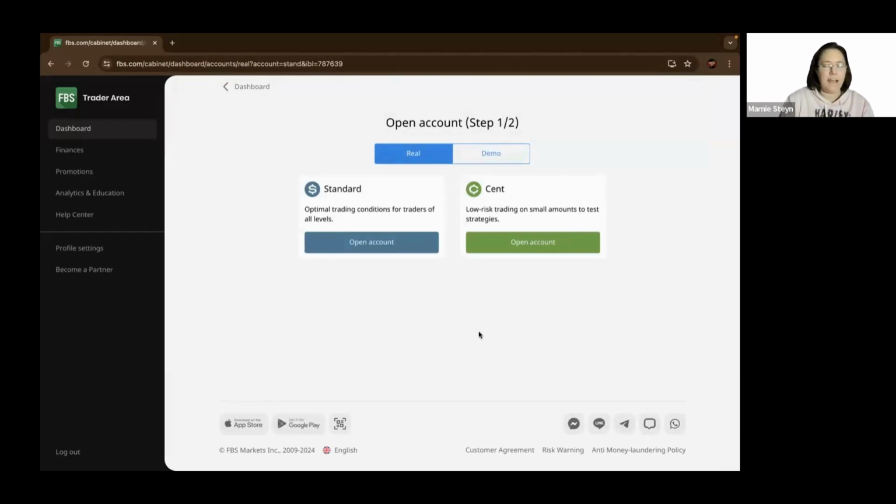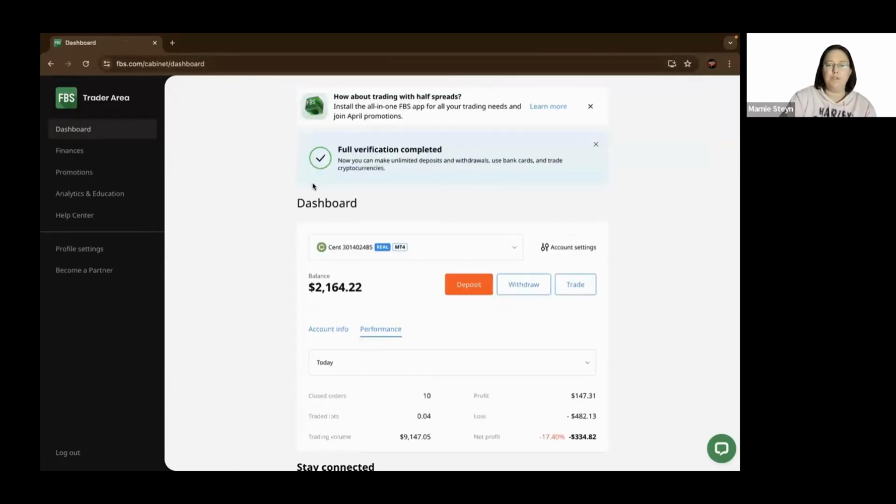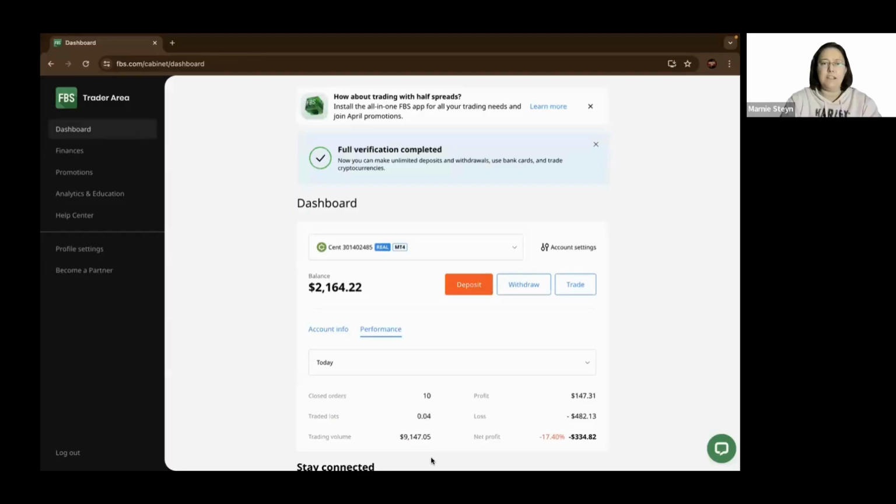All right, guys, that is how simple it is for you to get started with a sent account. I hope this helps you guys in getting your sent accounts set up and getting ready to start trading. The next thing you do, I just want to also put this on, guys, is in order for you